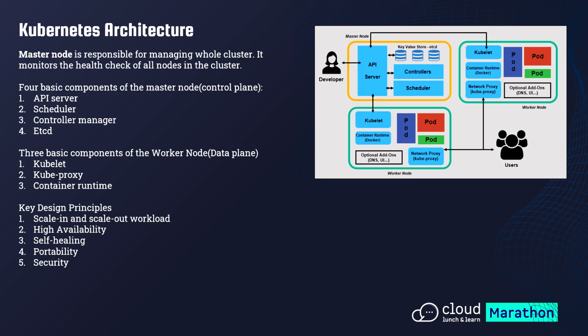Container runtime is something which runs the containers, like Docker, Rocket, or containerd. Once you have the specification that describes the image for your application, the container runtime will pull the images and run the containers. Pods are the smallest unit for deployment in Kubernetes, as a container is the smallest deployment unit in Docker.